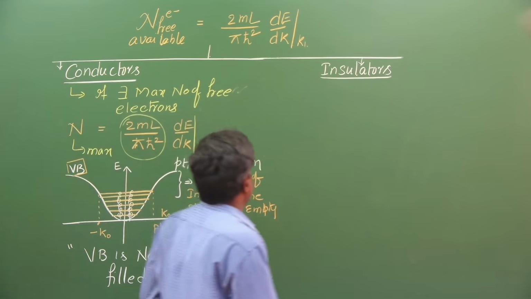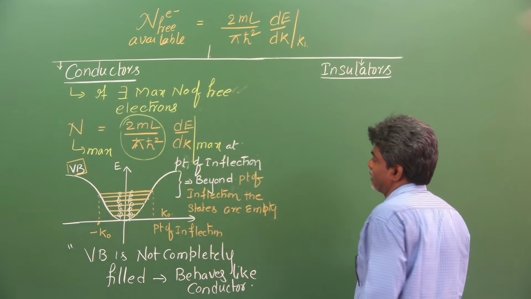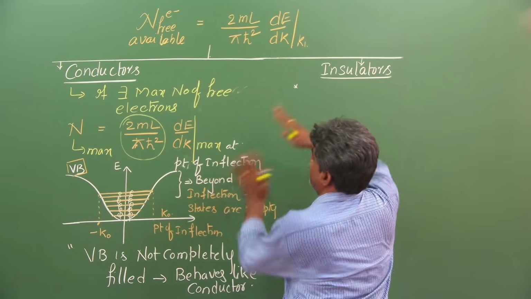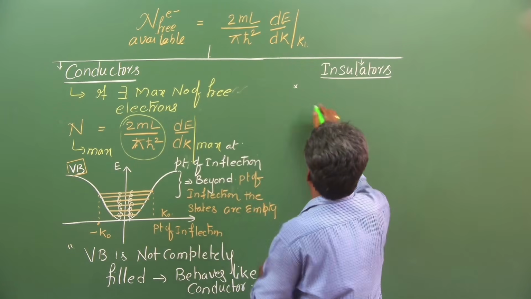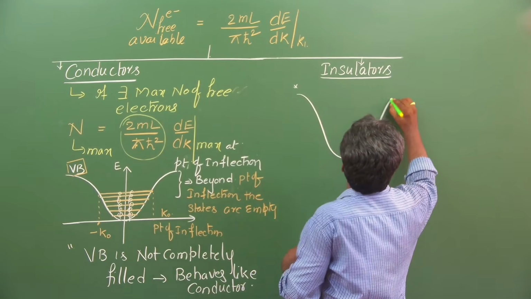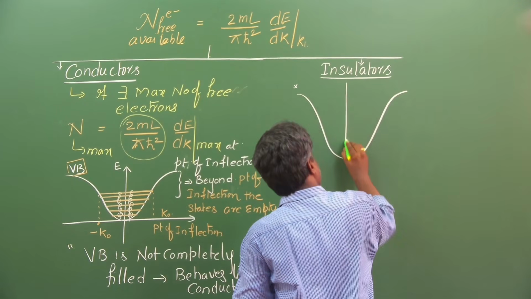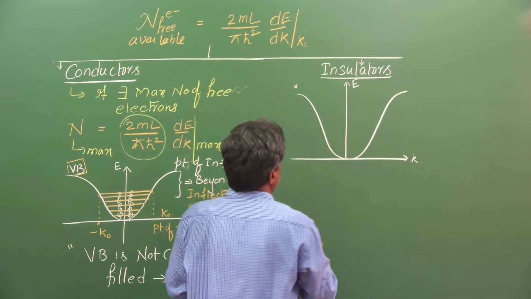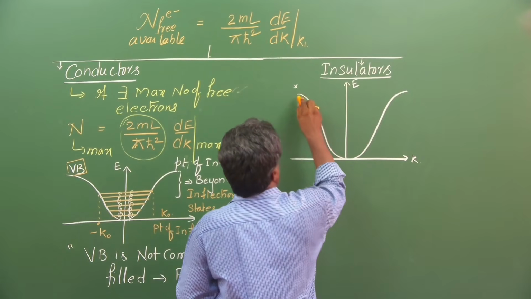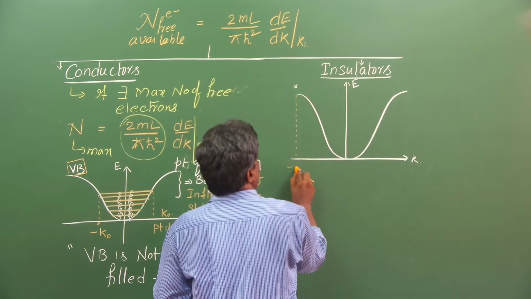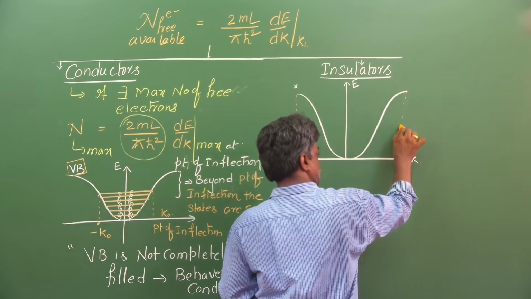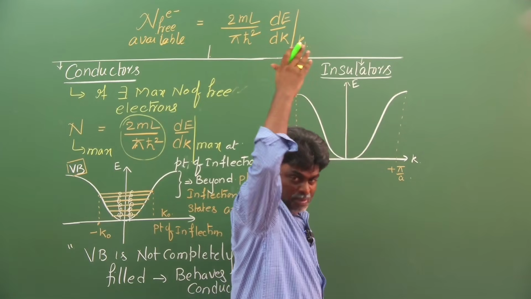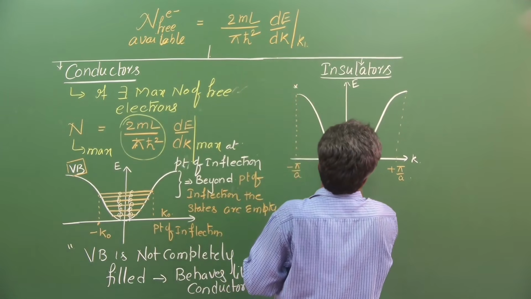Now, still not understanding? Come to the insulator. Now I will take the contrast, the reverse, so maybe at least you will understand. Again I am taking this energy band, the valence band, up to the zone boundary. Zone boundary means what? The peak, the maximum. So all the states are